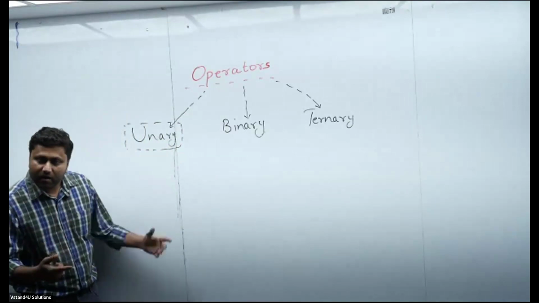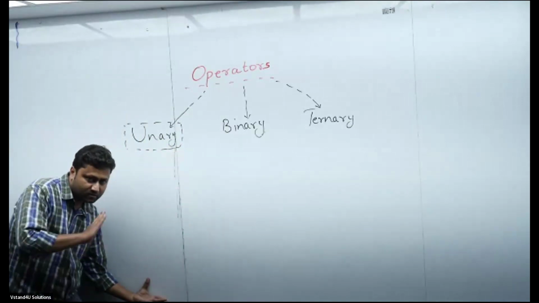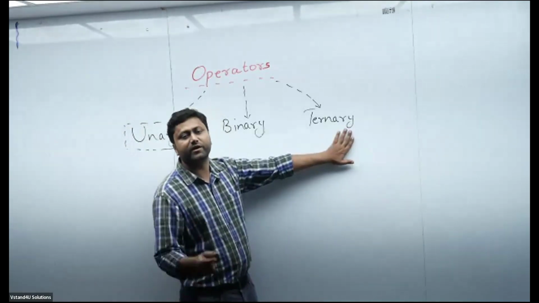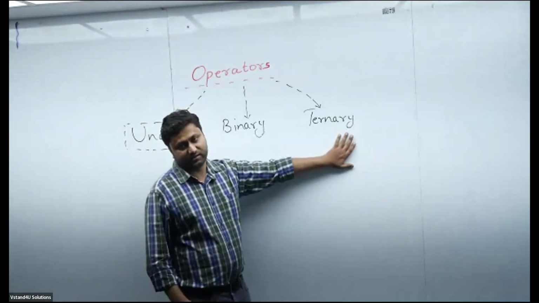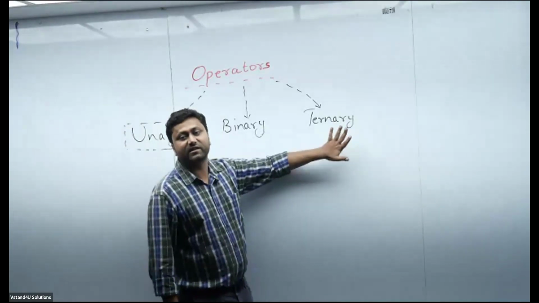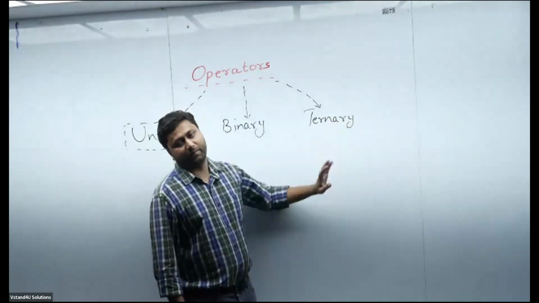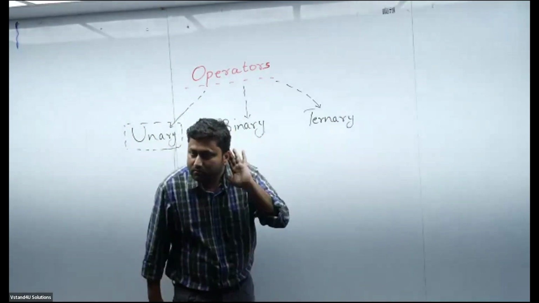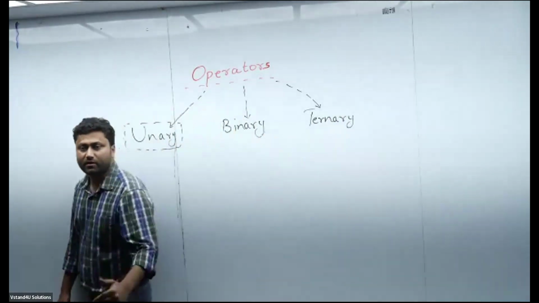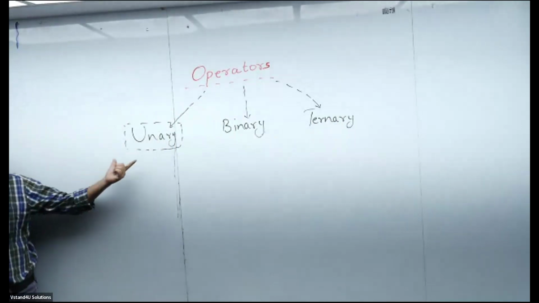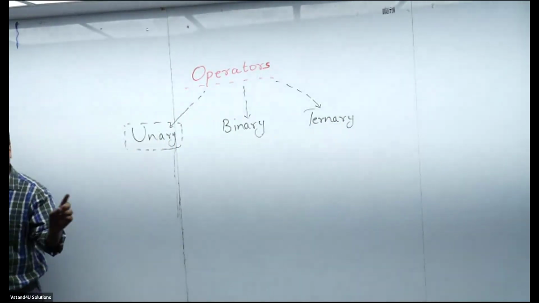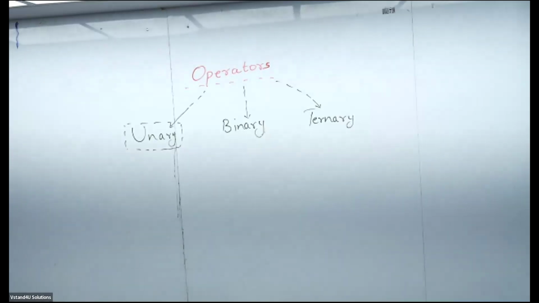First, we will explore all of this, then we'll explore the rest. In order to understand the rest, you need to understand the concept of if else. Conditioning statements, selection statements we need to learn, then we'll get back to this. This will come after a few days. As of now, shall I proceed? I am sure you would have written the definition of unary. Then write down types of unary operators.